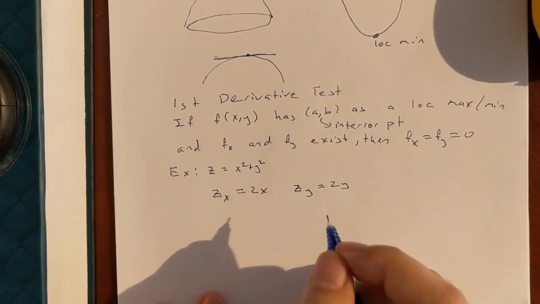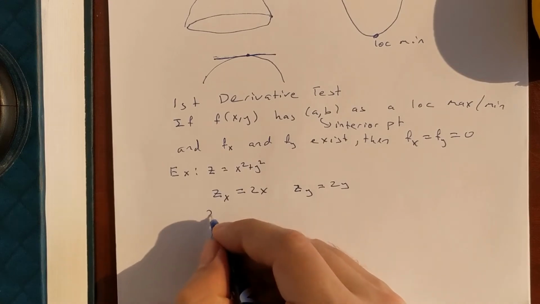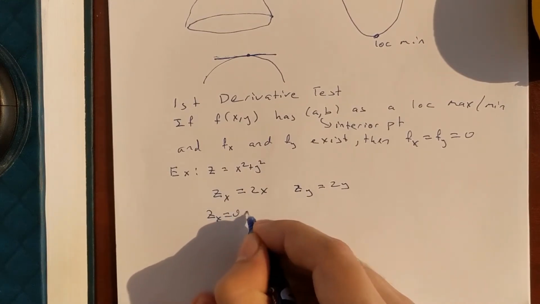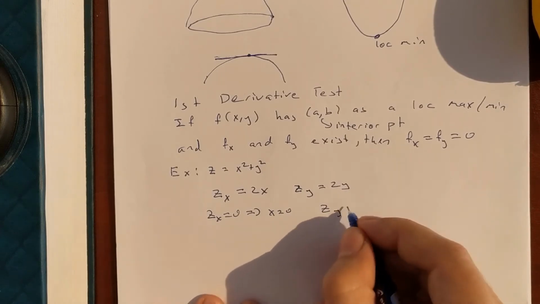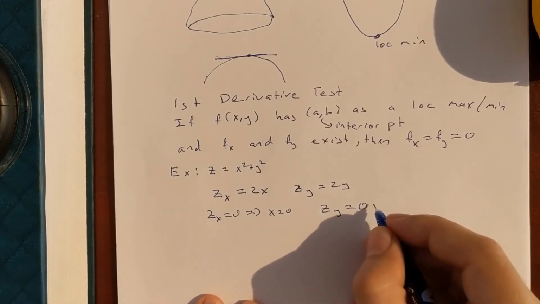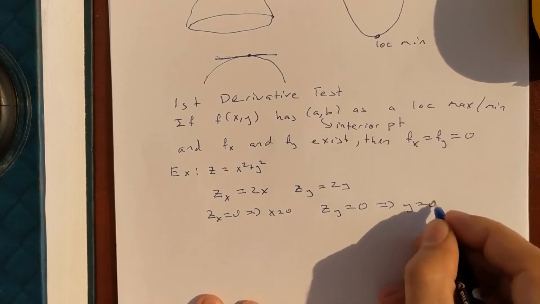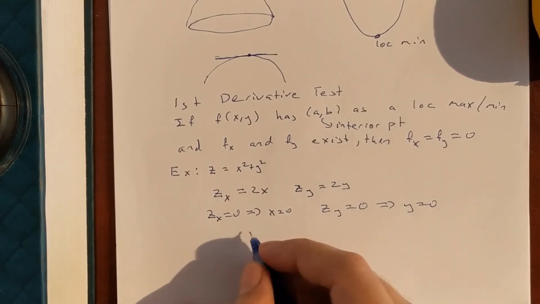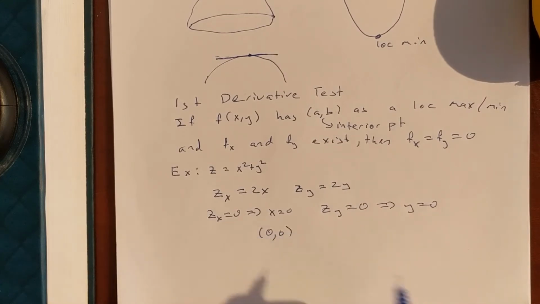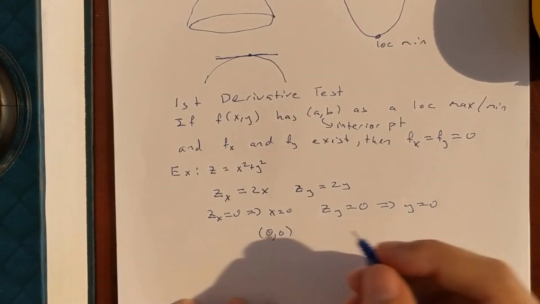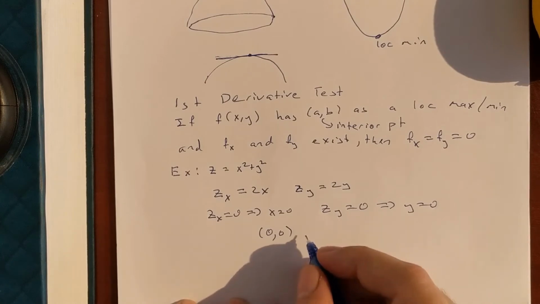So this equals 0. z sub x equals 0 implies immediately that x equals 0, and z sub y equals 0 implies, of course, y is equal to 0. So we have this point, 0, 0. 0, 0 is a candidate